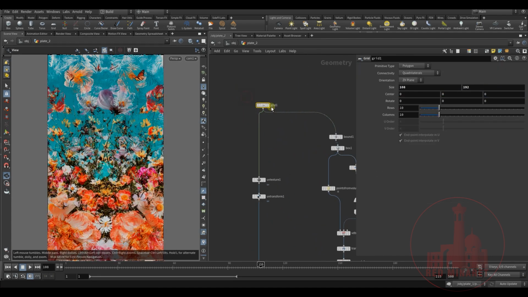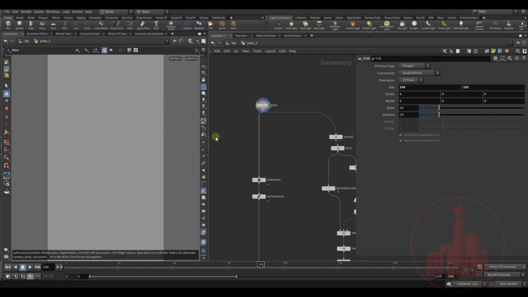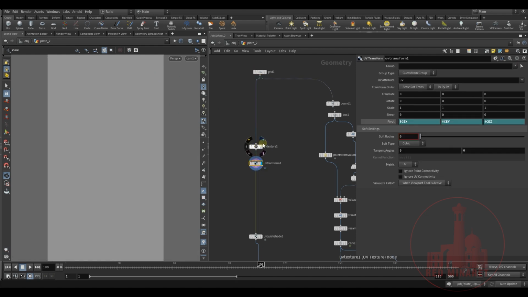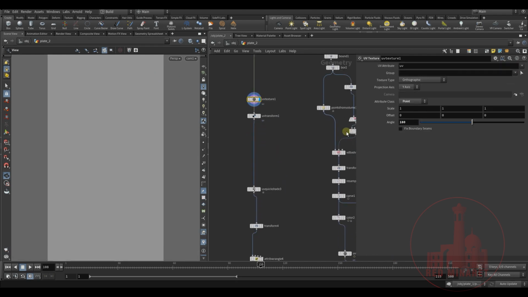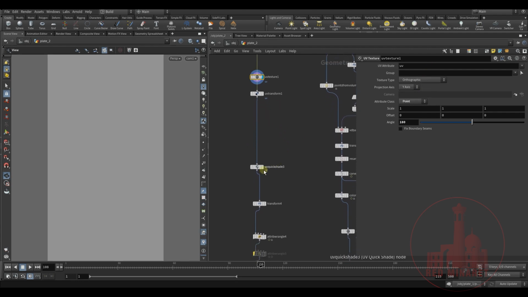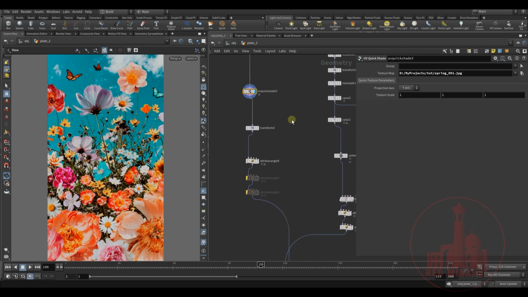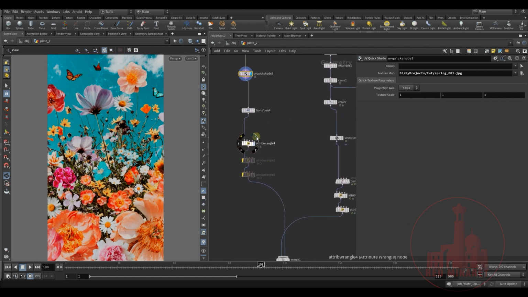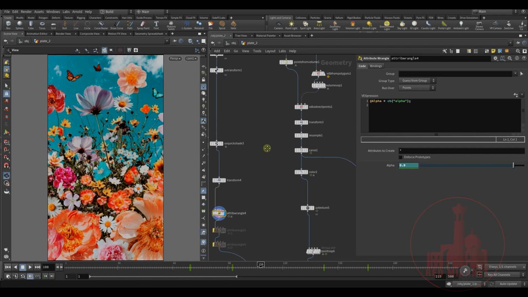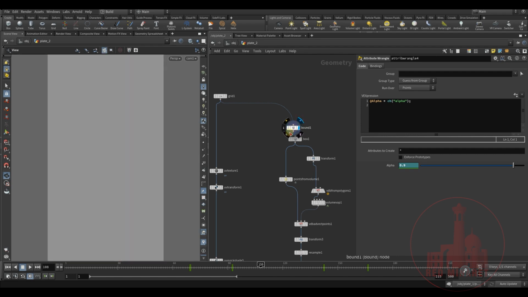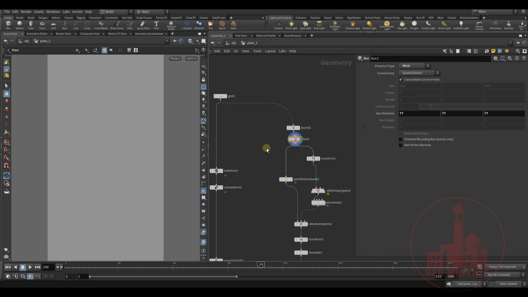So what I've done, I set up the grid in front of a camera and created UVs and quick shaded. The second part was made bound of the same plane,